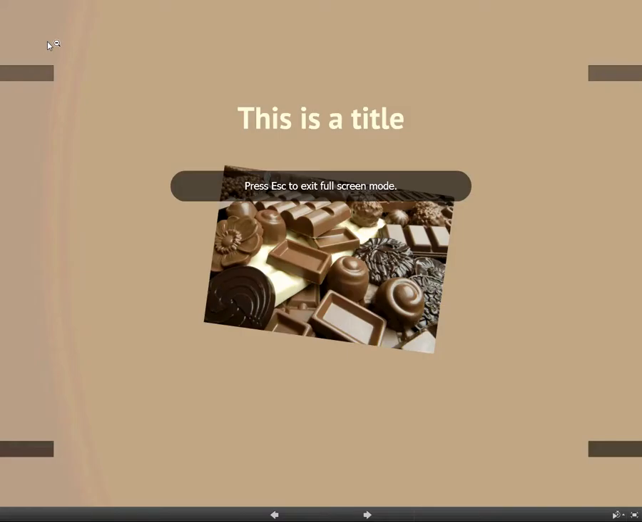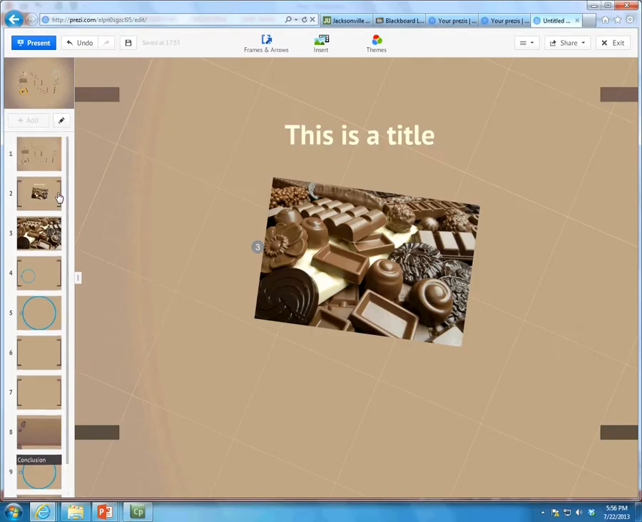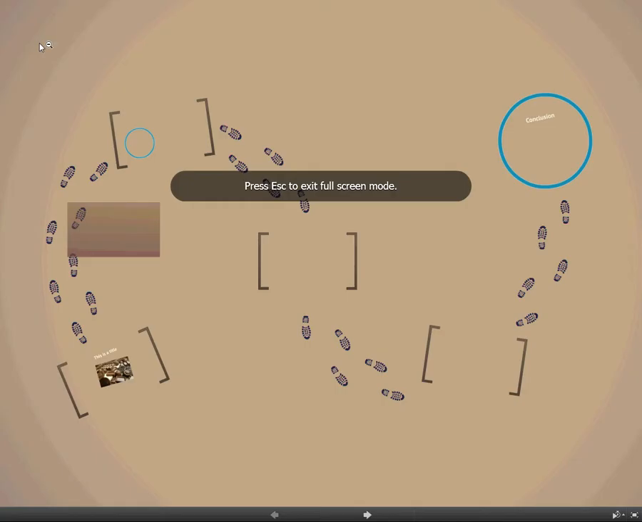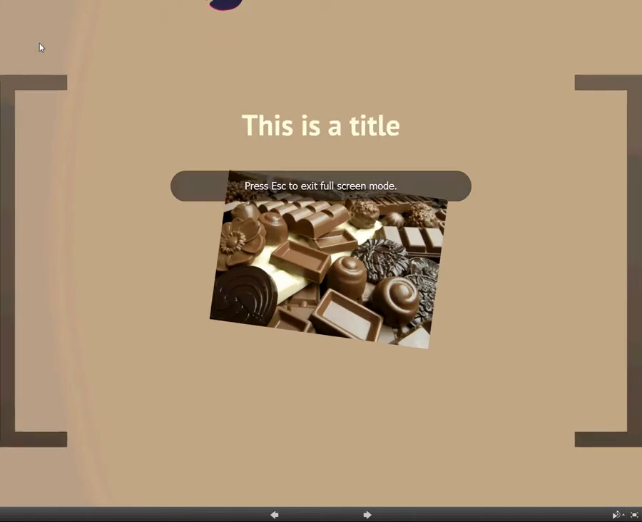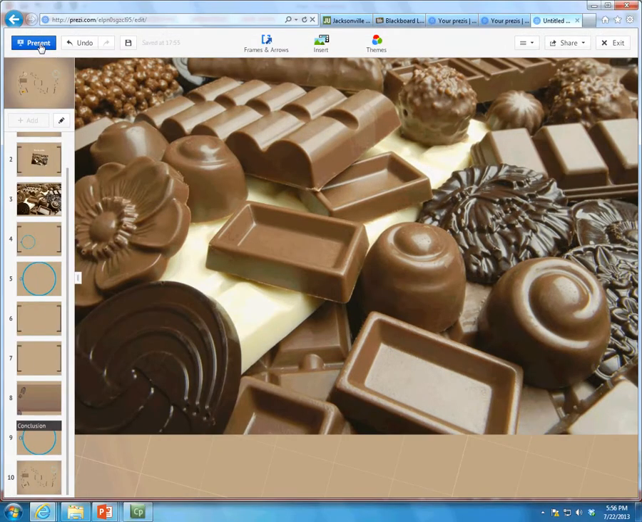So present can start from the beginning or from the slide, the frame that you're already in. So let's go to the first one and present. Present, second slide, and then zooming in the chocolate. Wow, that's some good chocolate. And now that I've made you hungry,